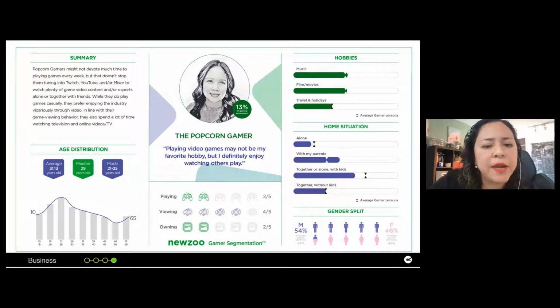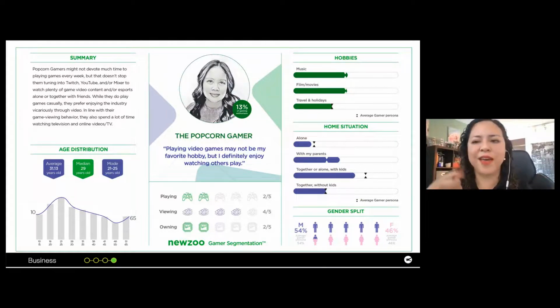Playing video games may not be my favorite hobby, but I do enjoy watching others play. I know that you guys know someone who is like this. Like for example, I remember that I had friends back when I was in high school, and some used to be very heavy video game players, and some of the girls used to be on the couches watching them play, for example. So this type of gamer